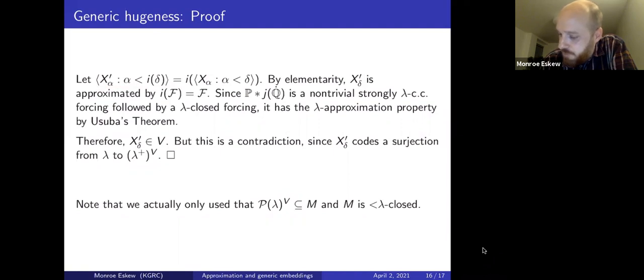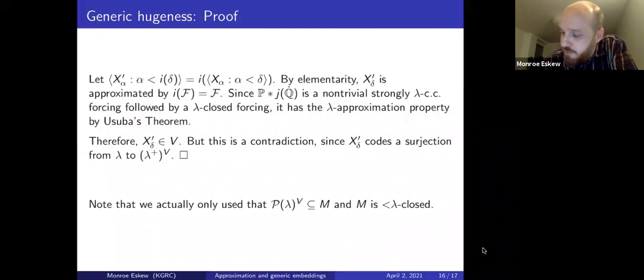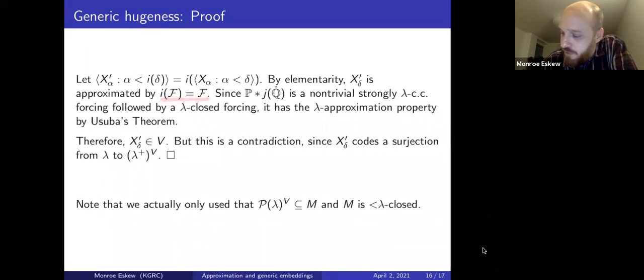So there's one at the place lambda plus of V, which is this delta. So there's an X prime sub delta. And by elementarity, it's also approximated by F, which is J of F, because again, F itself has size less than the critical point. Size of F is,